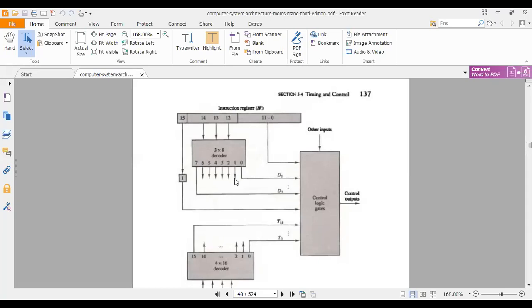So that's why every time D0 to D6, that is 7 instructions, are for memory reference addressing. So how many instructions are there? 7 instructions for memory addressing. What happens in D0, D1 decoding? When bits 12, 13, 14 are 000 it will be D0, when 001 it will be D1. In that way, if it is 110, it will be D6. So D0 to D6 are basically for your memory reference instructions.